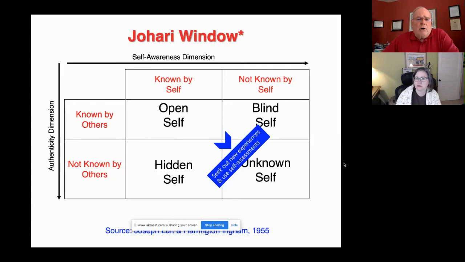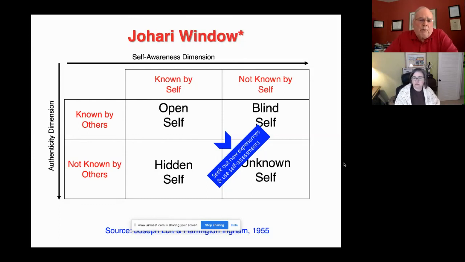model, and so the way that it has been used in leader training, or in team building, would be for everyone to make a list of what things go in each one of these boxes, other than the unknown self, because you wouldn't know that. But then to sit and together share what kinds of things you've come up with. And so you're doing it not only about yourself, but about your colleagues. And so they use the model that way as a development tool.